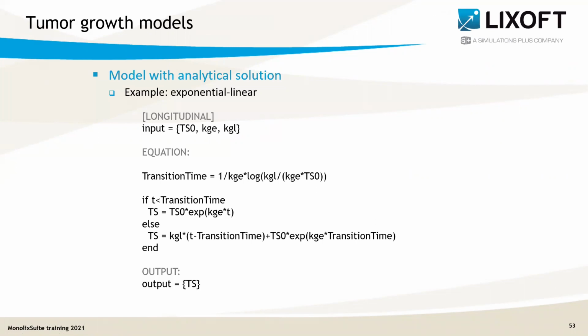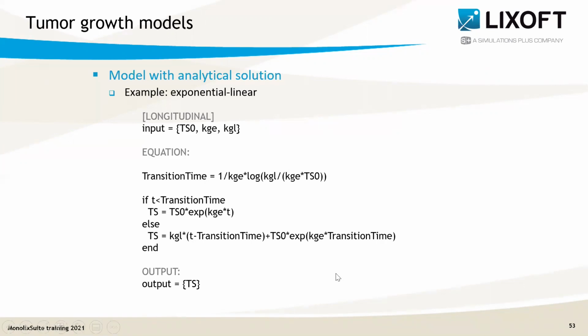And this is what is done in the library, in particular for most tumor growth functions when they are used alone. And here is an example of model for the exponential linear model. So this model here will work in MonolX. However, numerical errors may happen in some cases because TS can become very high, so high that it could be considered as infinite by the solver. And this issue can happen frequently for exponential growth, or it can also occur for simulations based on the model, in particular if I want to simulate large time periods.